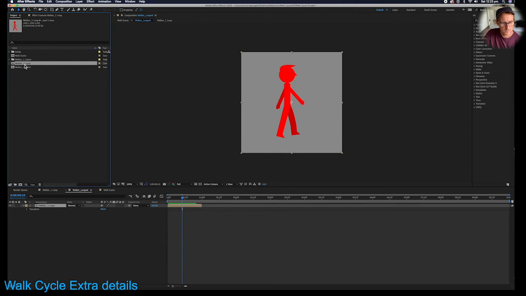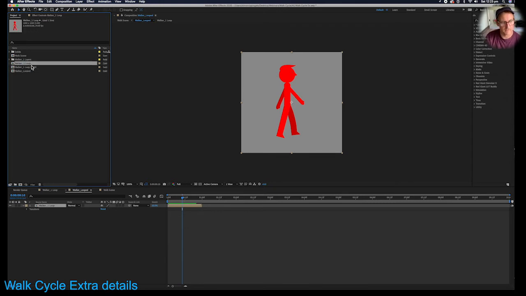There it is. Walker underscore one loop. What I'm going to do is a bit of a cheat, but I actually find myself using this technique a lot when I'm doing animation. So I'm going to just duplicate that link here, call it walker one loop, and instead of calling it 2, I'm going to call it blink. So I've got 2 different